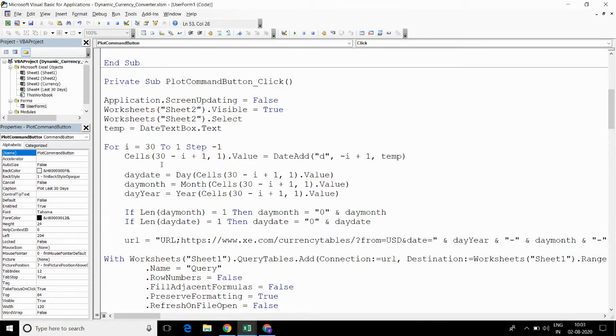Now this for loop is used to grab the data for currency conversion for the last 30 days and paste it in sheet 2. So I am using the same website to grab the data for currency conversion for the last 30 days.